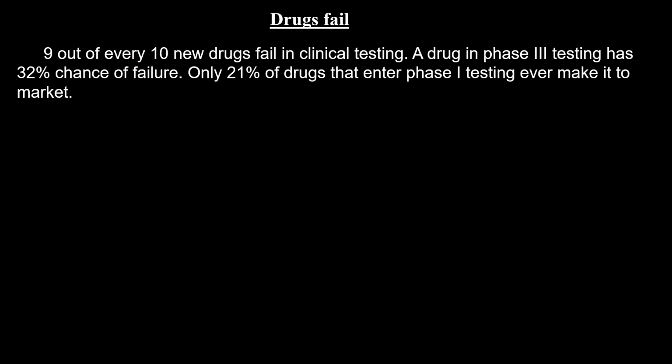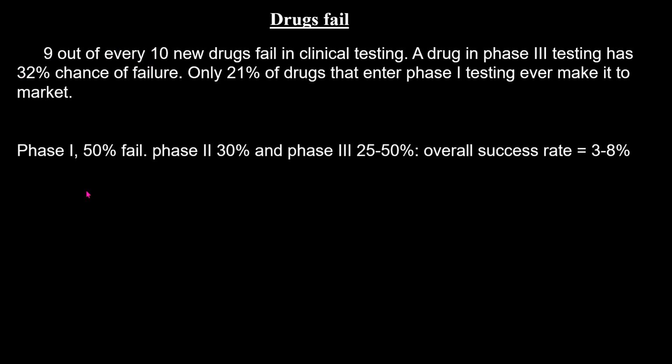So a lot of money is lost by the drug companies for many reasons. You have clinical trial phase 1, phase 2, phase 3. The overall success rate is only 3 to 8%. It is like if you test 100 drugs in human trials, only 3 pass. Even to get to human trials, you may have to test maybe 10,000, 20,000 drugs. So a lot of expenses.